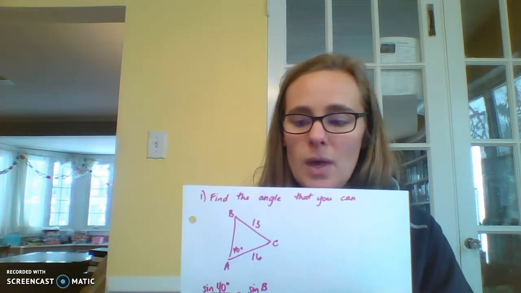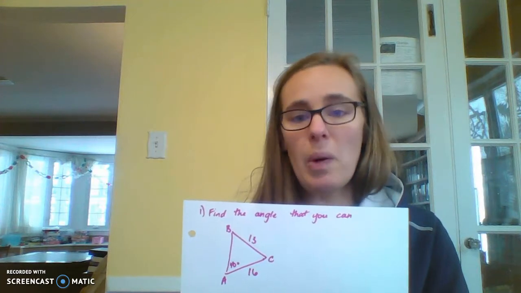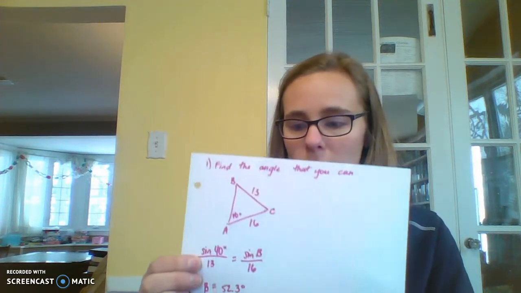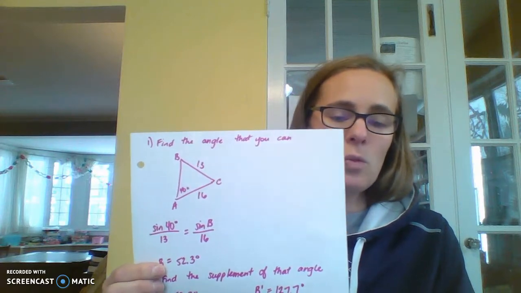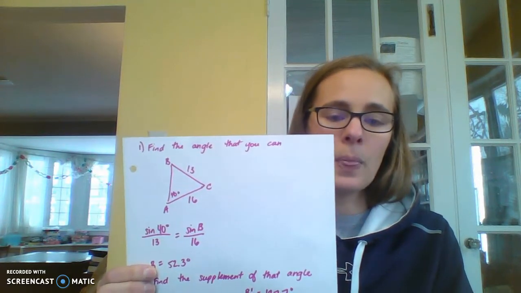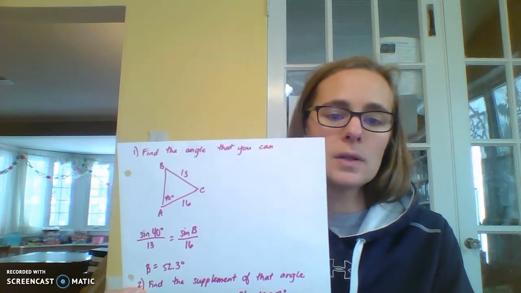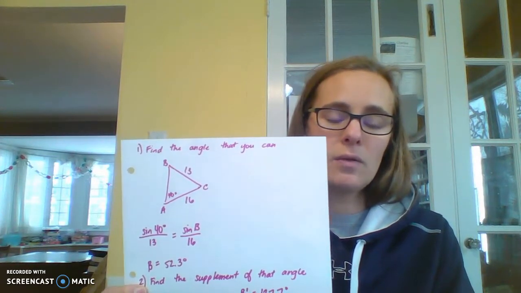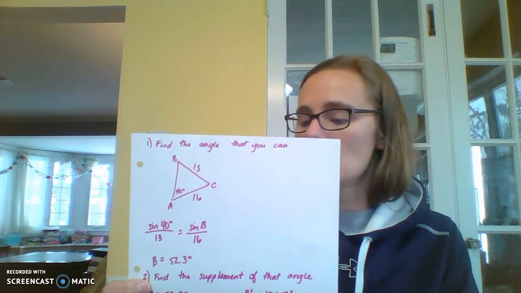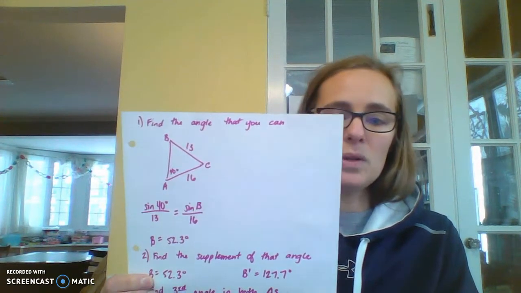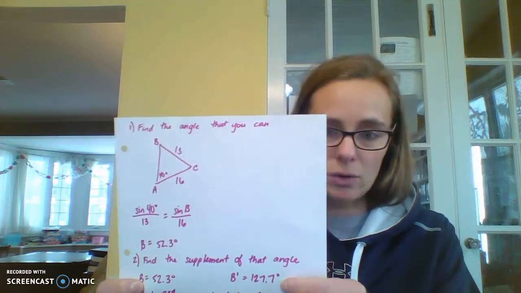So find the angle that you can, set it up, use law of sines. You should be able to, again, pause, set that up, come back, check your work. So when you set it up, you should end up that B is 52.3 degrees, all right? The next step then is to find the supplement of that angle. So I already kind of showed it, but pause it, find the supplement. Remember, supplement means it adds up to 180 degrees. So you do that, we said that B was 52.3, so B prime would be 127.7 degrees,